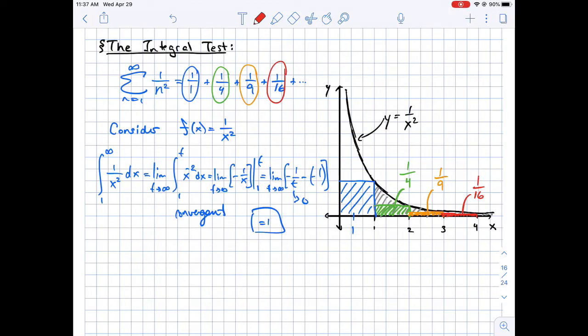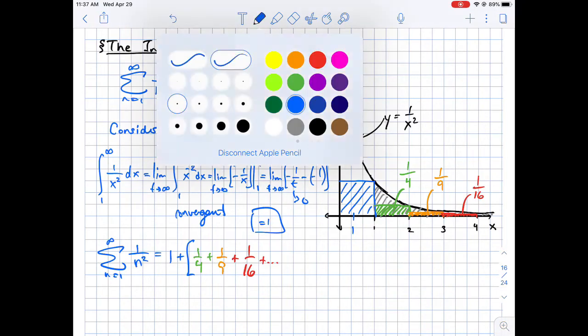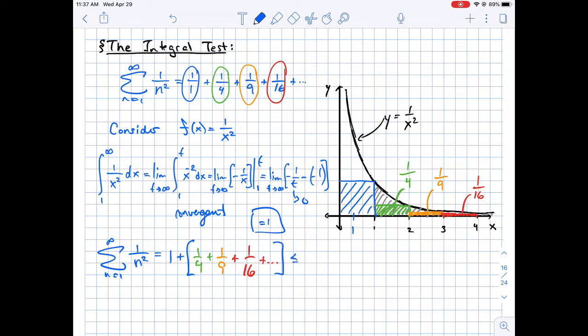So what does this actually mean? We have our series from 1 to infinity, 1 over n squared. It can be written as 1 plus, in brackets, we have our first term is 1 over 4. Then we have our second term is going to be 1 over 9. And our third term is going to be 1 over 16, and so on. We could keep doing this, okay? But what is the point here is that if I focus on just this portion right here, okay, starting off at 1 over 4, that second rectangle,